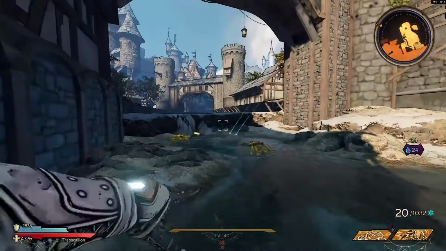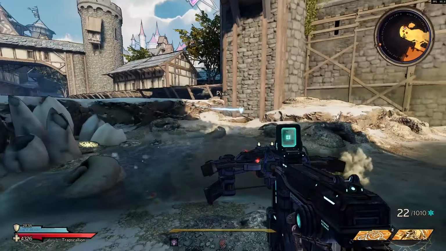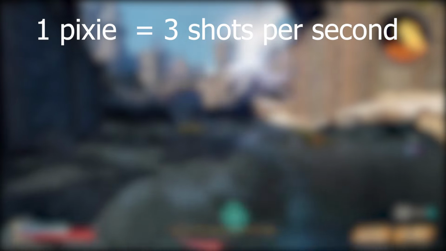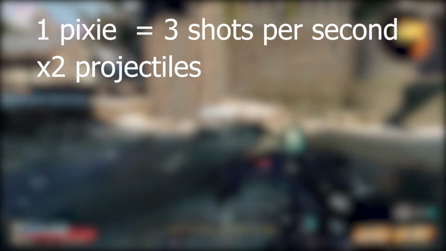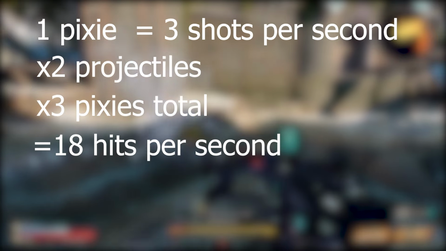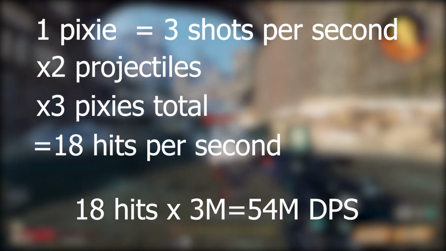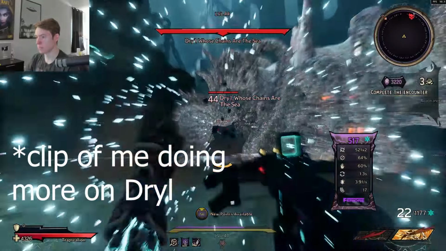You can have 3 pixies out at any given time, so if we super low ball it, we can say that 1 pixie shoots, let's just say 3 shots, even though it can go up to 4 to 5. Just say that it's 3 shots, then we multiply that by 2 projectiles per shot, and then we multiply that by 3 pixies total, which is going to be 18 damage instances each second. And then, of course, we just do 18 times 3 million at the lowest, which is what we see represented on drill. So on average, that's about 54 million damage per second, and honestly I still think that that's pretty